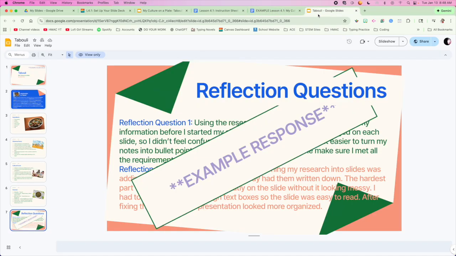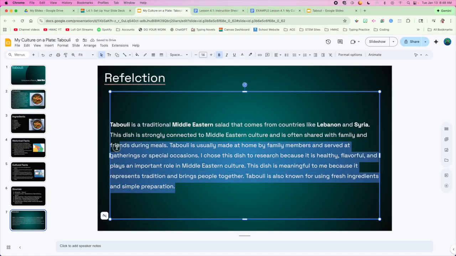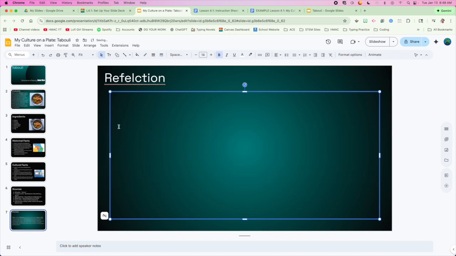On the example, it has reflection questions. That's fine as well. And then I want to delete this. Now my first word is bold, and I want the different responses, the subtitles for them, to be bold as well, so I'm just going to leave it. I'm going to write reflection question